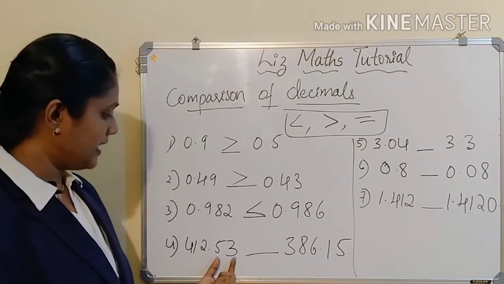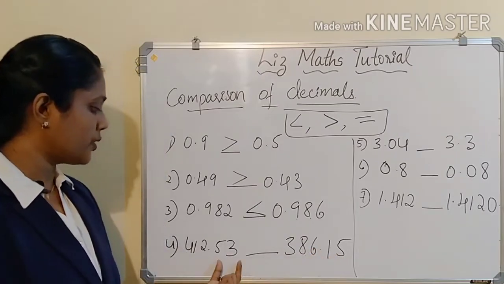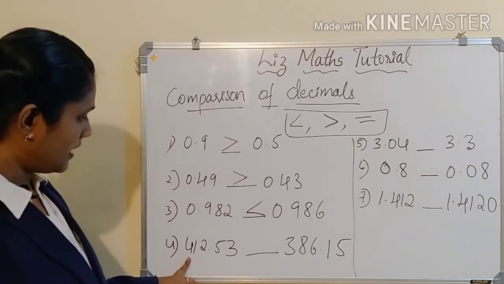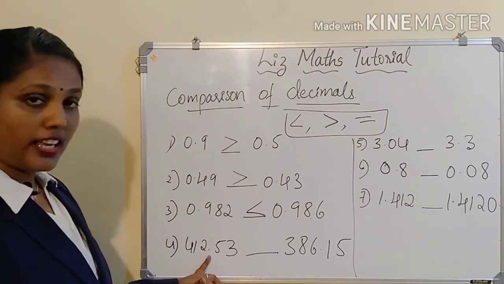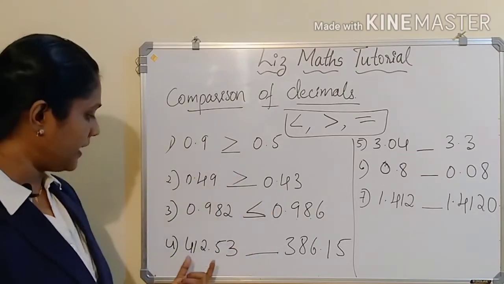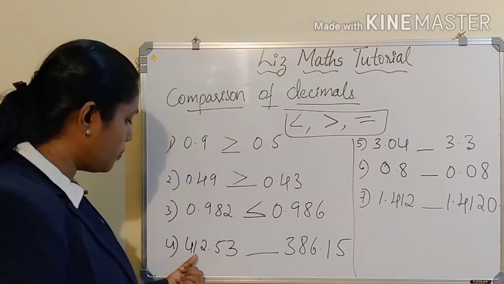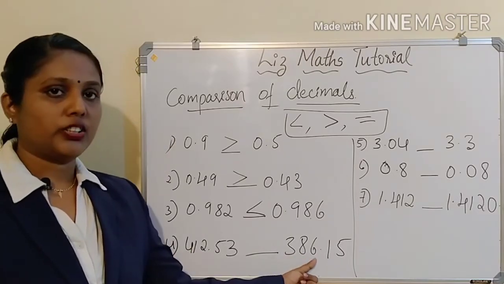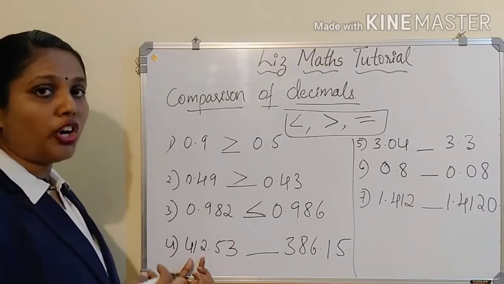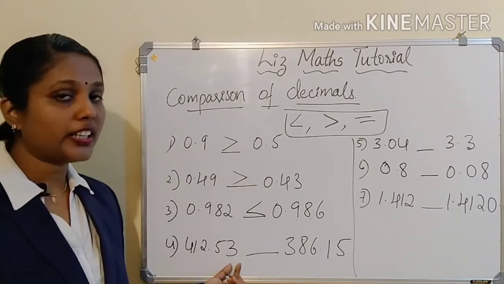Here also you can find the decimals are like decimals. Here 2 places, here also 2 places you can find, isn't it? So now compare these numbers. See here what you have to do. Here all you find 0 before the point, but here you can see there is a digit before the point. So check that 412, here 386. So first you have to give preference to the number which you have written before the decimal point. So first you have to consider that, then only you have to go for the point something.